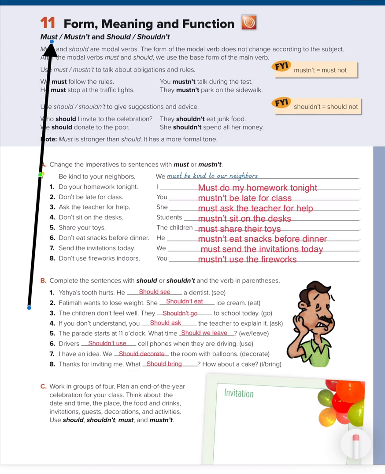We use must for rules, okay? For example, you must stop. So you have to follow the rules, okay? You must do your homework. So the first, should, you use it if you want to talk about advice, okay? Advice. For example, a doctor or if your friend gives you advice. For example, you should drink orange juice and so on.